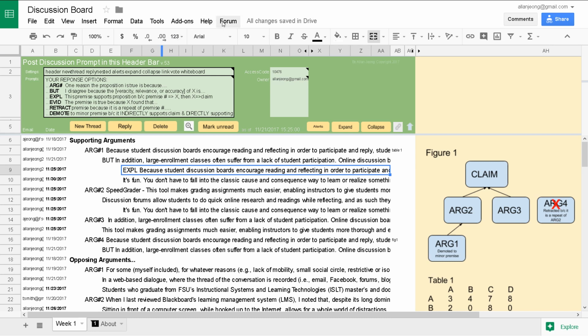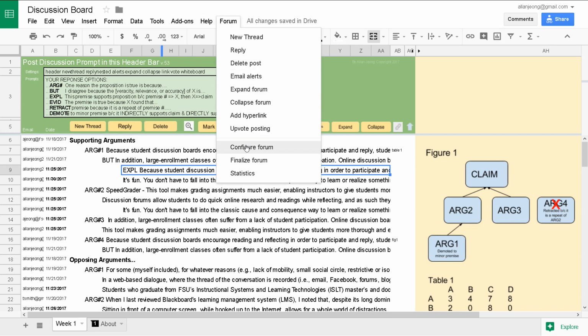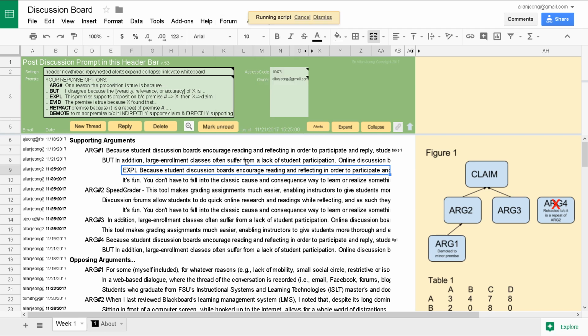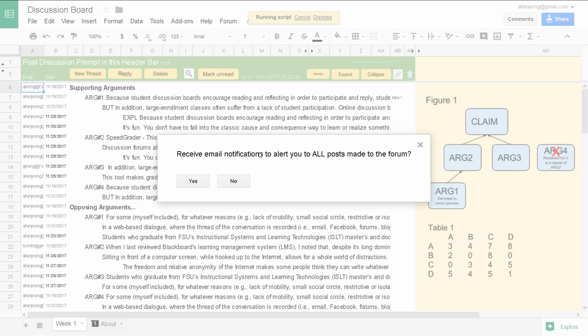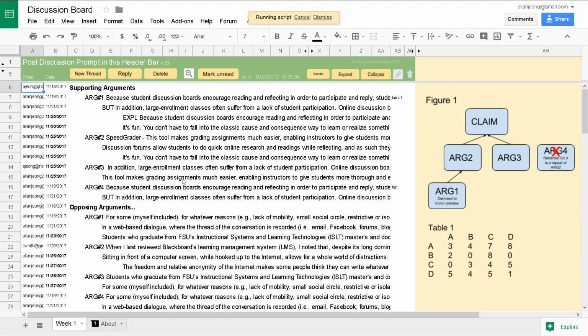I'm going to hide these here. As a forum administrator, you can use these three options down here. Finalize the forum hides all those settings and configuration tools. Alright, let's move on. Alerts. Alright, so let's say I click alert, you get the option to receive email notifications whenever a post is made anywhere within the forum. If you click yes, you'll be subscribed to the forum. If you click no, it'll move on to the next option. Would you like to receive email notifications for posts to your own messages and only to your messages? And if you click yes,